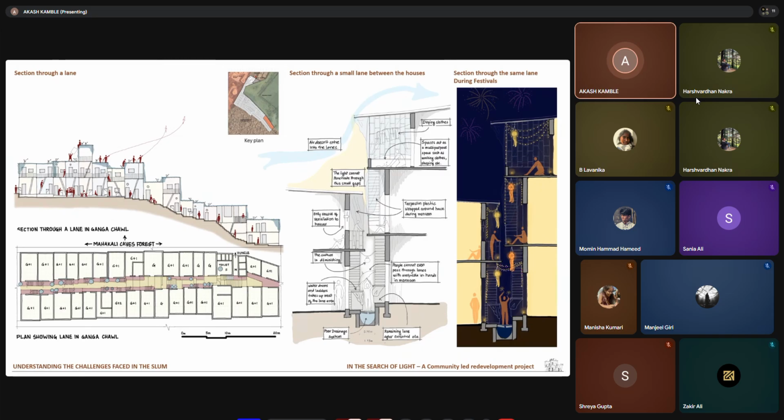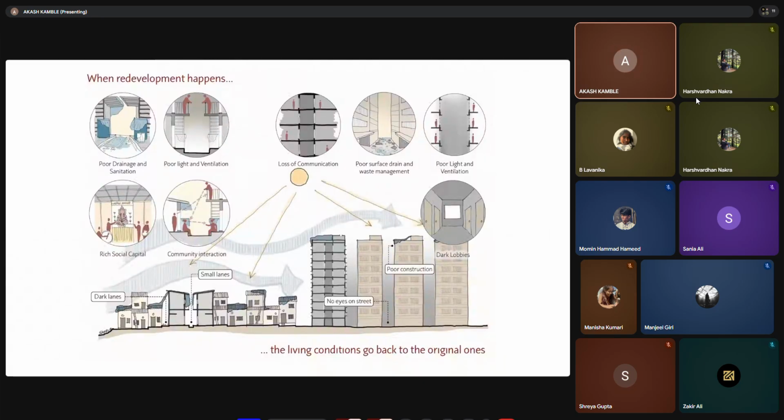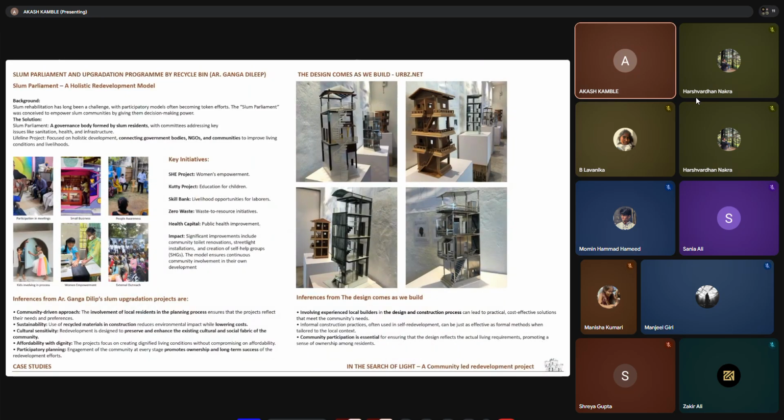That's why I feel it is very important to listen to the community, their problems, and understand their needs, so that we really build a connection with the community. But without listening to the community, when redevelopment happens, it goes back to the original ones. They lose their social capital and the community interaction, which was their main strength. And in this process, educating is equally important. Educating the community means exchange of knowledge and making them aware of their rights, cleanliness, women empowerment, educating children,